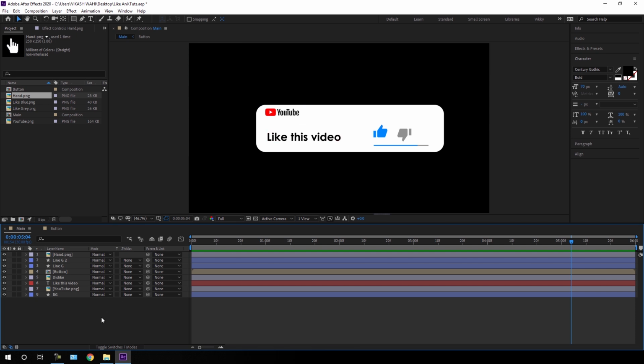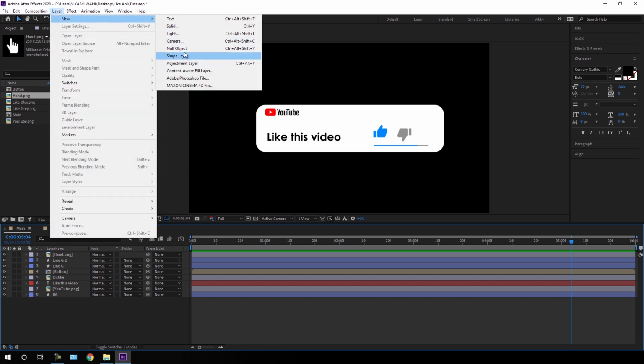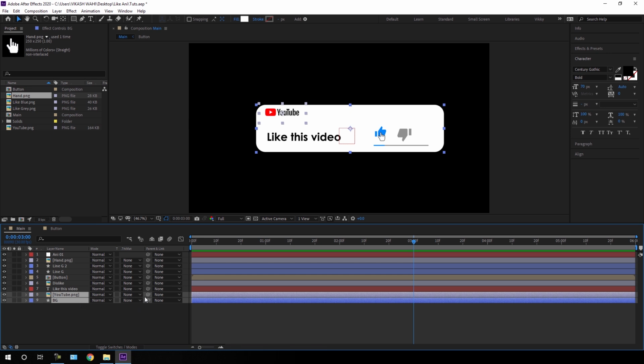So we have to take a new null object. So just go to layer, go to new, take a new null object, and this is going to be animation 01. And after that, just go to the center of this timeline and select this background and select this YouTube logo and pick this pick whip. If you can't see this pick whip, click on this toggle switches and pick this pick whip and attach this